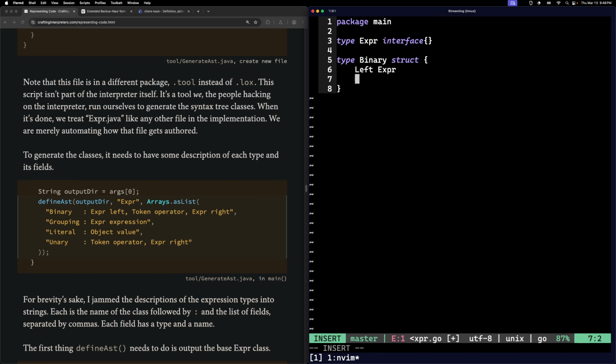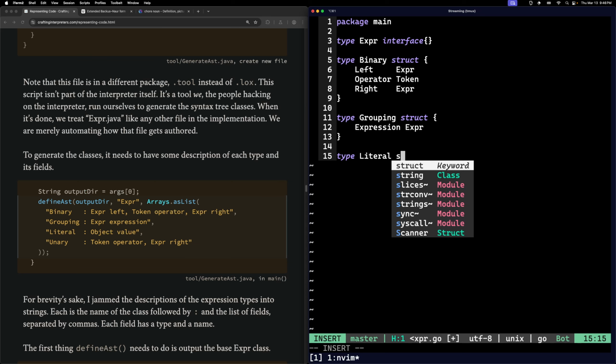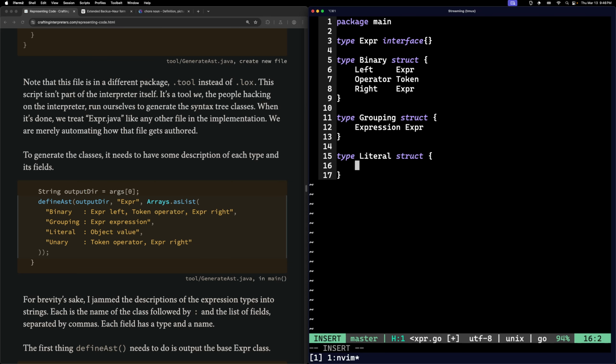And no, it's going to have an expression on the left, an operator which is a token, and then it's going to have a right which is an expression. Okay, type grouping struct, it basically just wraps an expression. Okay, and then type literal struct, it's going to contain a value which is going to be any, and then